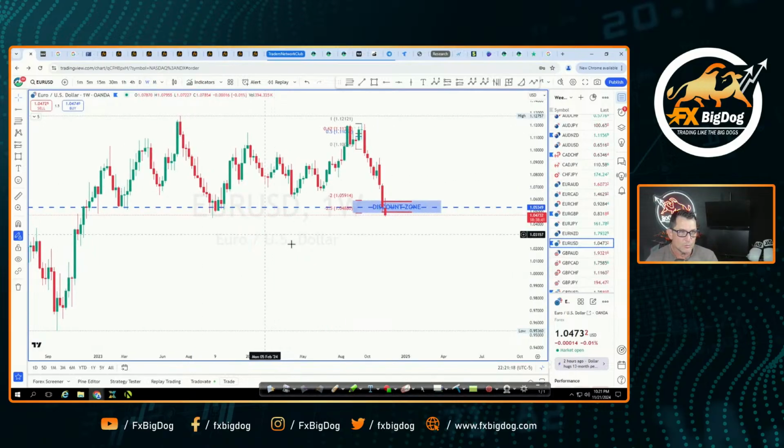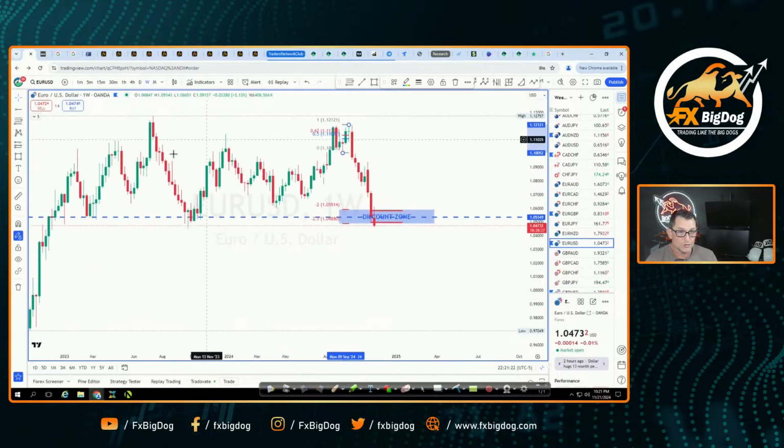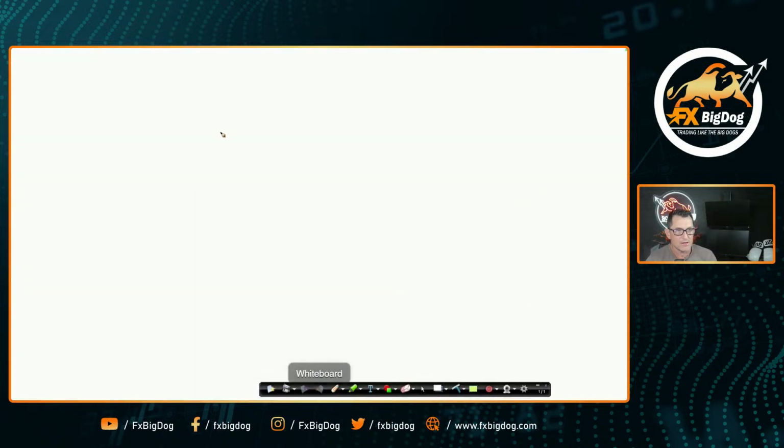Now, why is the weekly important? Because traders, as we head into the end of this week, we want to see the market showing some sort of stalling, right? And how do we know that price is going to stall? Let me give an example. If price goes down like this and creates a bearish candle, and then price closes out and creates another bearish candle like this, what does that tell you? When price breaks through that low, it's telling you the momentum is still down. It's still bearish.